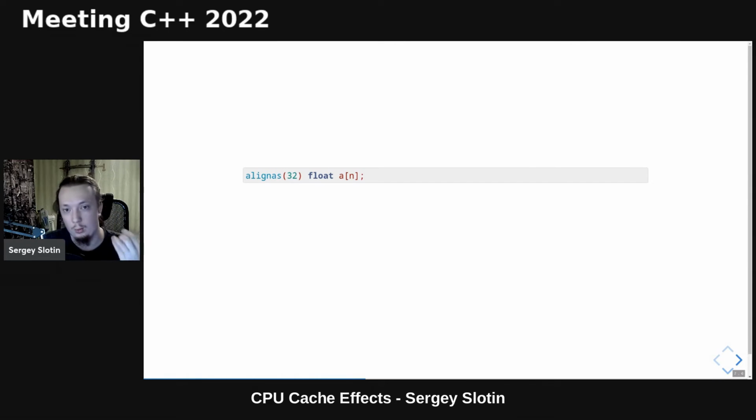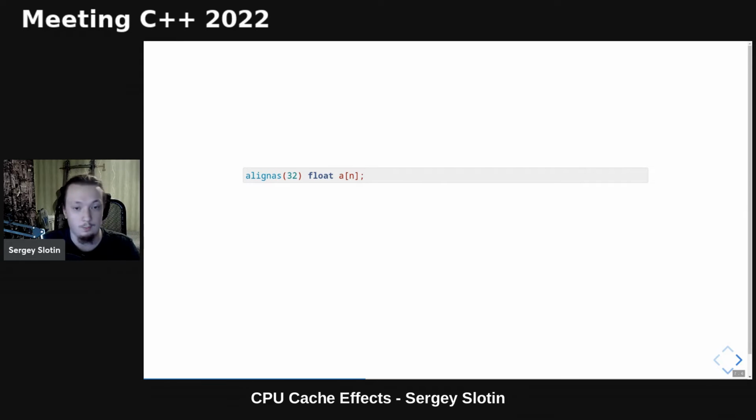By default, when you allocate an array of some primitive type, you're guaranteed that the addresses of all elements are multiples of their size, which ensures that they only span a single cache line. For example, the address of the first element and every other element of an integer array is guaranteed to be a multiple of 4 bytes, because 4 bytes is the size of int.